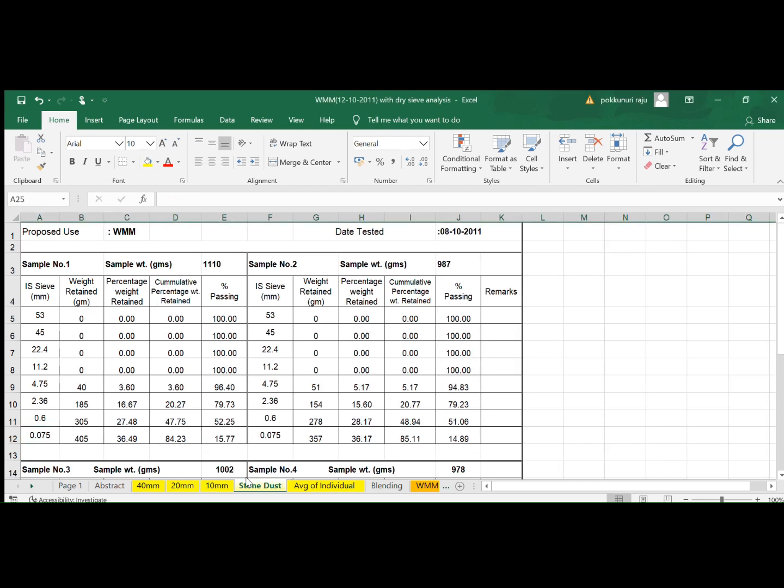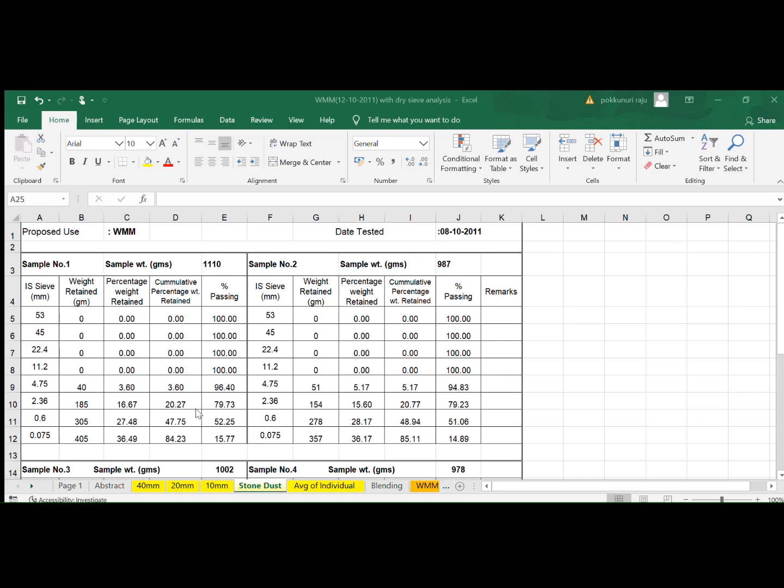Then coming to the stone dust, even the stone dust has to pass through the same set of sieves which is utilized for wet mix macadam grading requirements. So this will give you a brief idea about the individual aggregates passing through the set of sieves utilized for the design mix or the grading requirements of the WMM mixes.